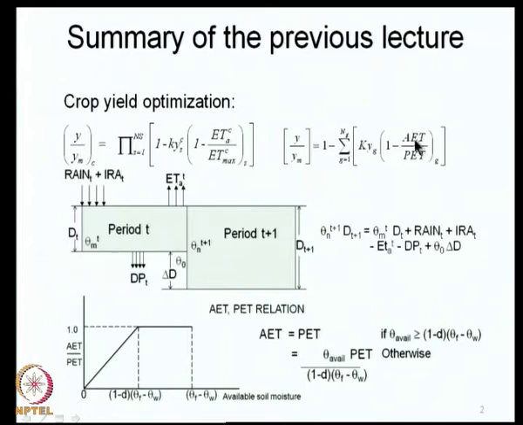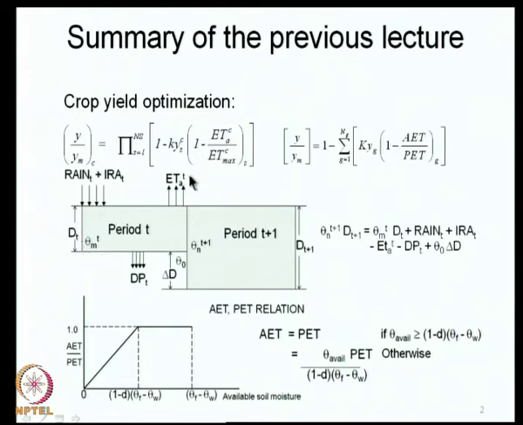Here also AET is the actual evapotranspiration, PET is the potential evapotranspiration, and typically these production functions are defined for the deficit evapotranspiration. For example, 1 minus AET by PET, here also 1 minus AET by PET. ETA and AET are the same, actual evapotranspiration for crop C here and potential evapotranspiration for crop C. So, when you write for a single crop, we look at AET by PET for the growth stage G, and here also we are looking at the growth stage S for the crop C. So, this is for crop C.